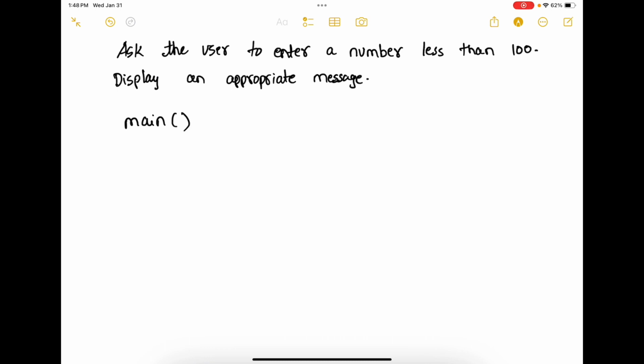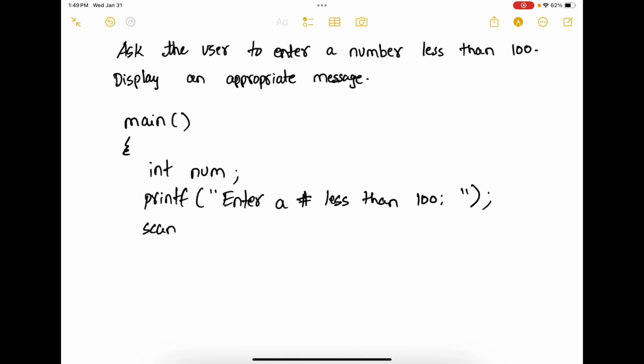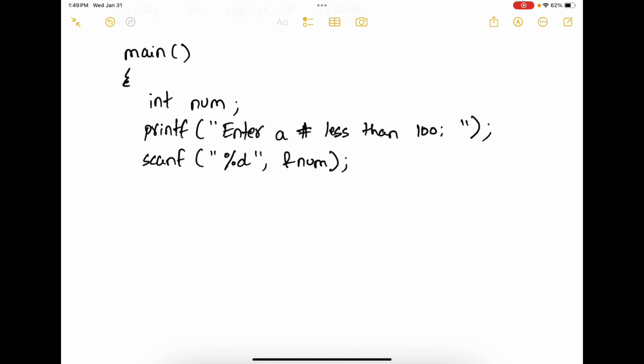So the first one is main, declare the number. I can have a printf prompt which says enter a number less than 100. Next is to read the number from the user. Now I can say if number entered by the user is less than 100, then printf